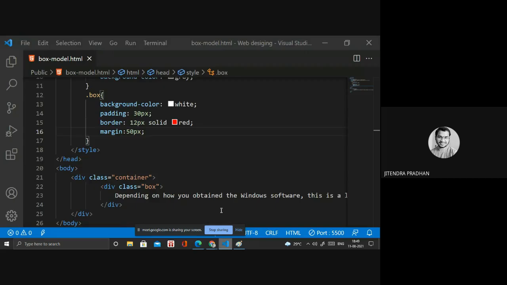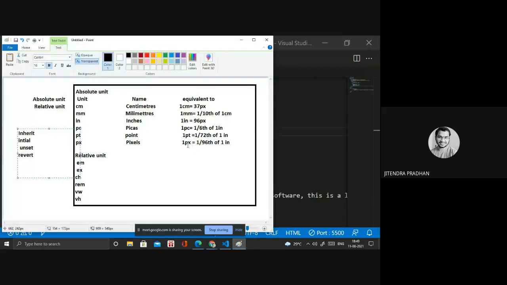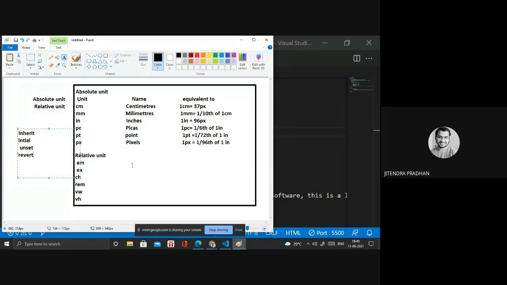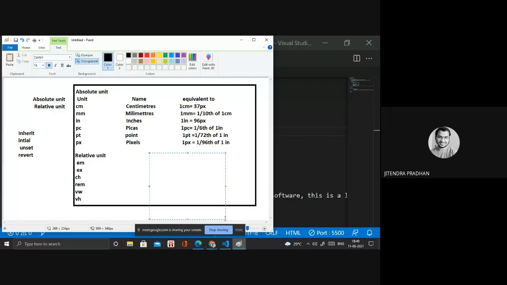Okay. So for padding, we use the property padding. Okay, and we have padding left, padding right, padding top, padding bottom.